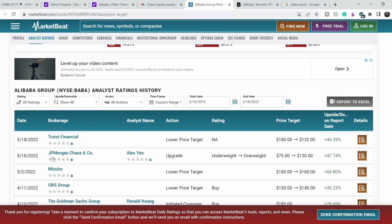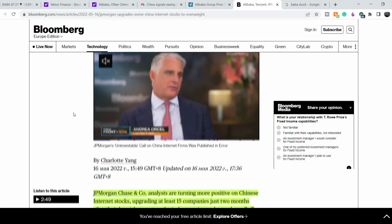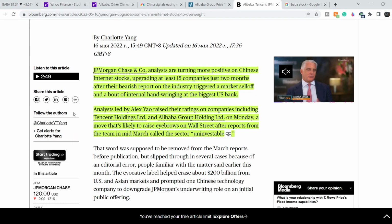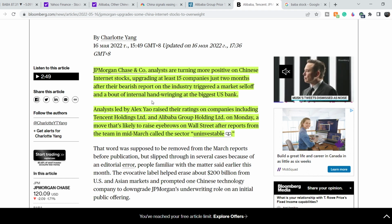And let me show you some details of the JPMorgan Chase & Co. report. We are on Bloomberg.com, and this article was published on May 16th, titled JPMorgan Analyst Behind Uninvestable Call Upgrades China Tech. Let me quote you this. JPMorgan Chase & Co. analysts are turning more positive on Chinese internet stocks, upgrading at least 15 companies just 2 months after their bearish report on the industry triggered a market sell-off and a bout of internal hand-wringing at the